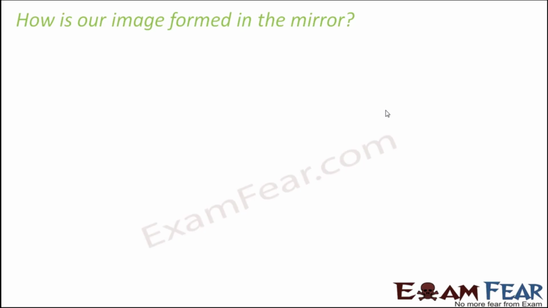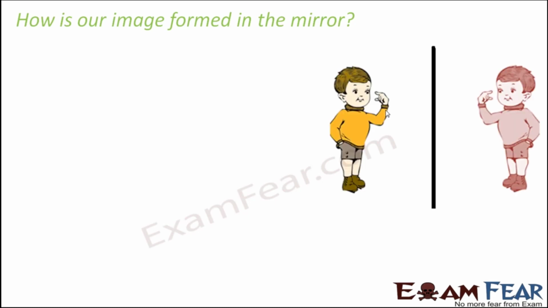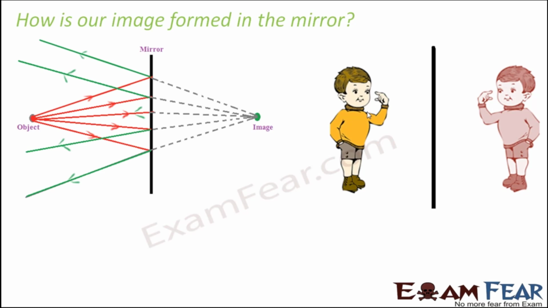So now you might be interested to know how our image is formed when we stand in front of the mirror. So let's have a look. When we stand in front of the mirror, this is how our image is formed. Basically, light falls on the mirror. As you see here, light from the object. Now which is the object here? We are the object. We are all illuminated objects. That is, when light falls on our body, we are able to reflect that light. So light from our body falls on the mirror. As you can see, the red lines represent the rays falling from our body to the mirror.